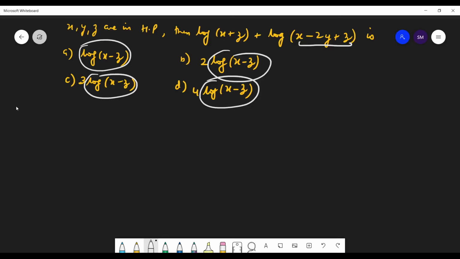Students, how to solve this question? I told you that there are two ways. So here I think you need to take the second way, that the harmonic mean of x and z is y. So y is equal to 2xz upon x plus z, right? So y is a harmonic mean of x and z, therefore it's okay. So that's the value of y you have got.